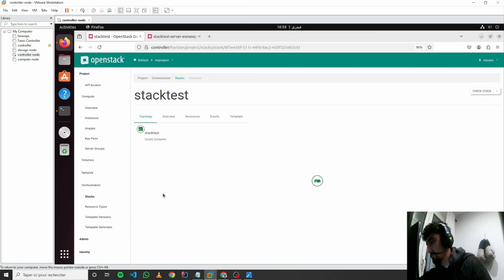We can do the same work from the CLI. We just need to load the credentials so we can use the